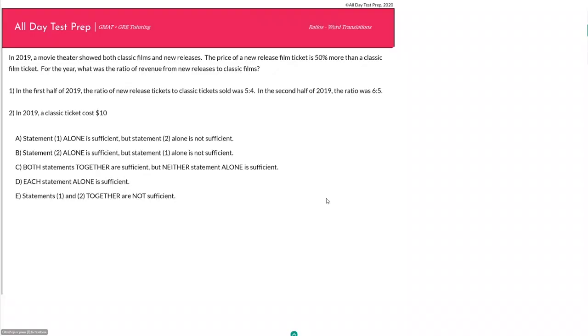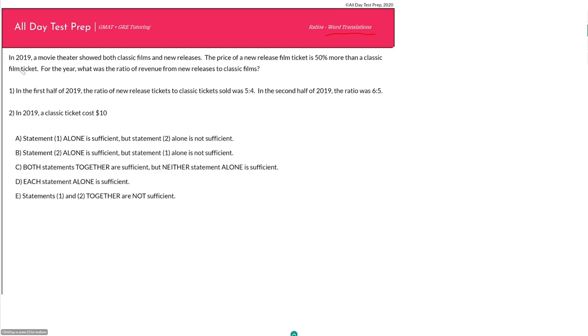GMAT all day. In the last few videos, we have been looking at classic standalone ratio questions. So for these last two questions, we'll now look at hybrid ratio questions, or ratio questions where you have to apply your knowledge of ratios in other contexts or combined with other concepts. I just call this one a word translation, simply because translating your ratio is just one component